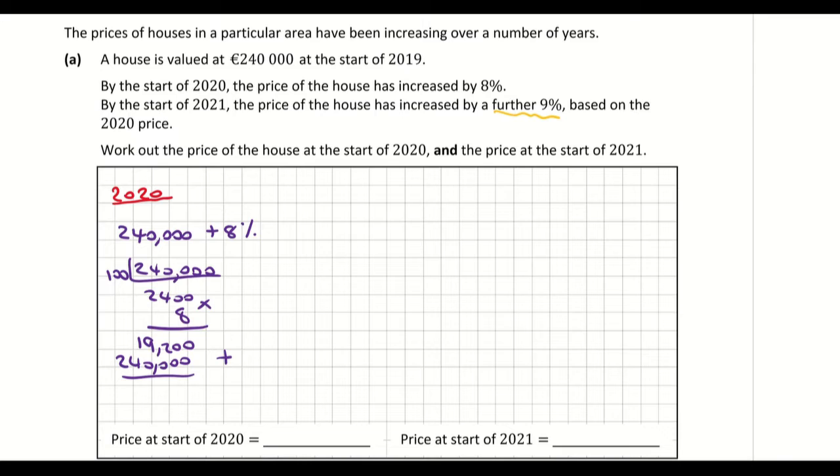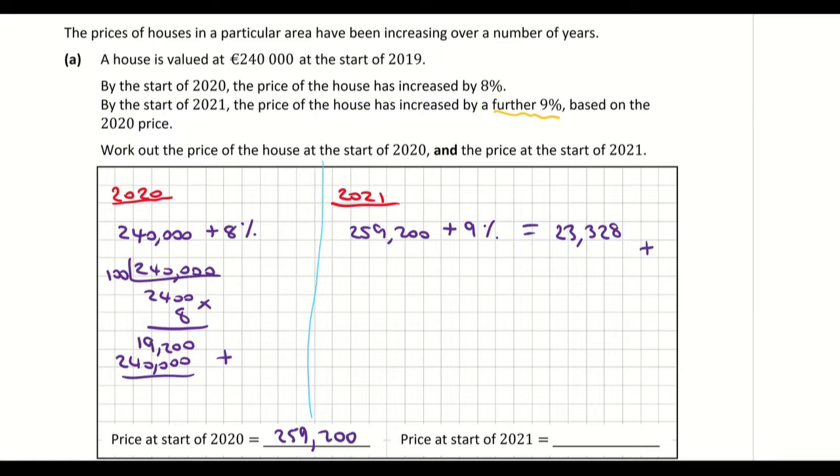the price of our house at the start of 2020, which is going to be 259,200 euro. We then need to do out the price of the house at the start of 2021. So same procedure here, except this time we're taking the 259,200 euro. We're going to add on the 9% for the increase that year. So divide by 100 multiplied by 9%, which is an increase of